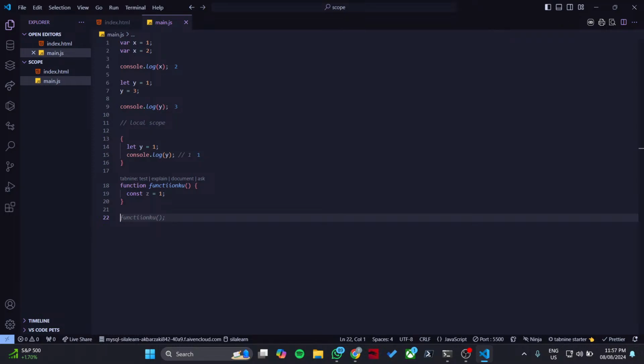The value of y that gets logged to the console first time is 2, and that's defined in the global scope, because the values from local scope cannot move upwards. They do not go to the parent, and this scope is nested inside of a function, so it will not move up into the function scope. It stays within